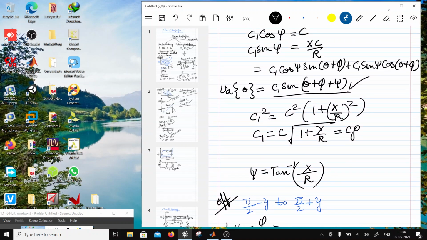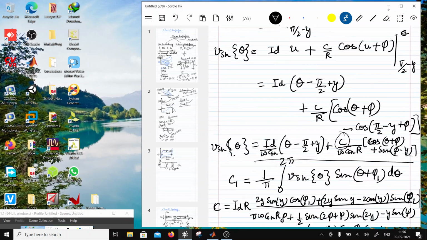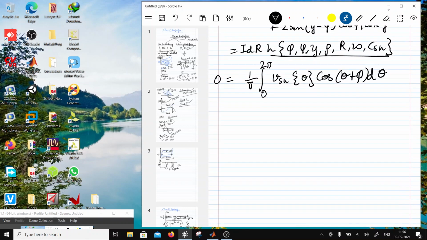Here the quadrature component is 0, right? So I have equated the quadrature component to be 0. In this case, from here also I am going to get the same C. So C is going to be equal to